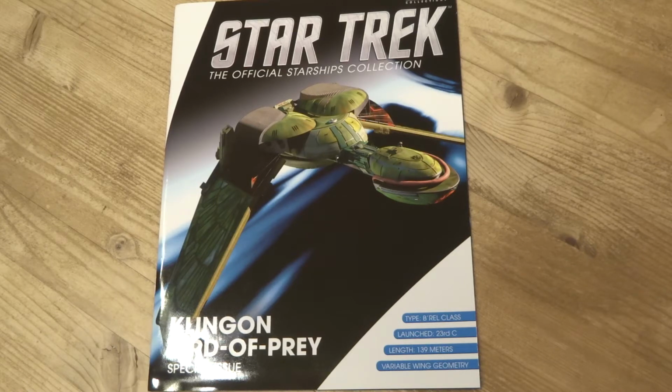But there is another class of bird of prey called the Cavort class, and that we see far more of in the Next Generation and later series, and that's more a sort of small cruiser type class of vessel, which was considered generally quite expendable by the Klingons, but was very fast and it could cloak, and it was broadly speaking quite capable. I think it was the class of ship that took out the Enterprise in Star Trek Generations, the one that got lucky and managed to get through their shields,